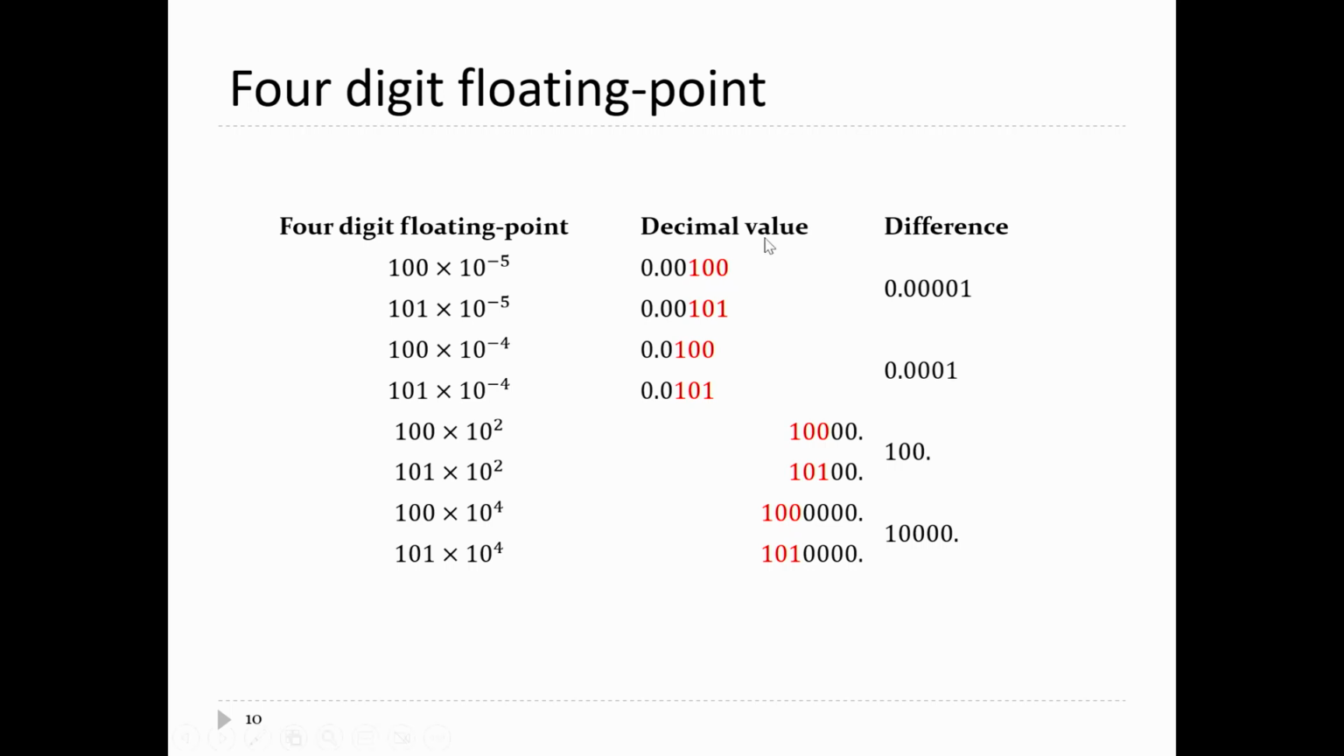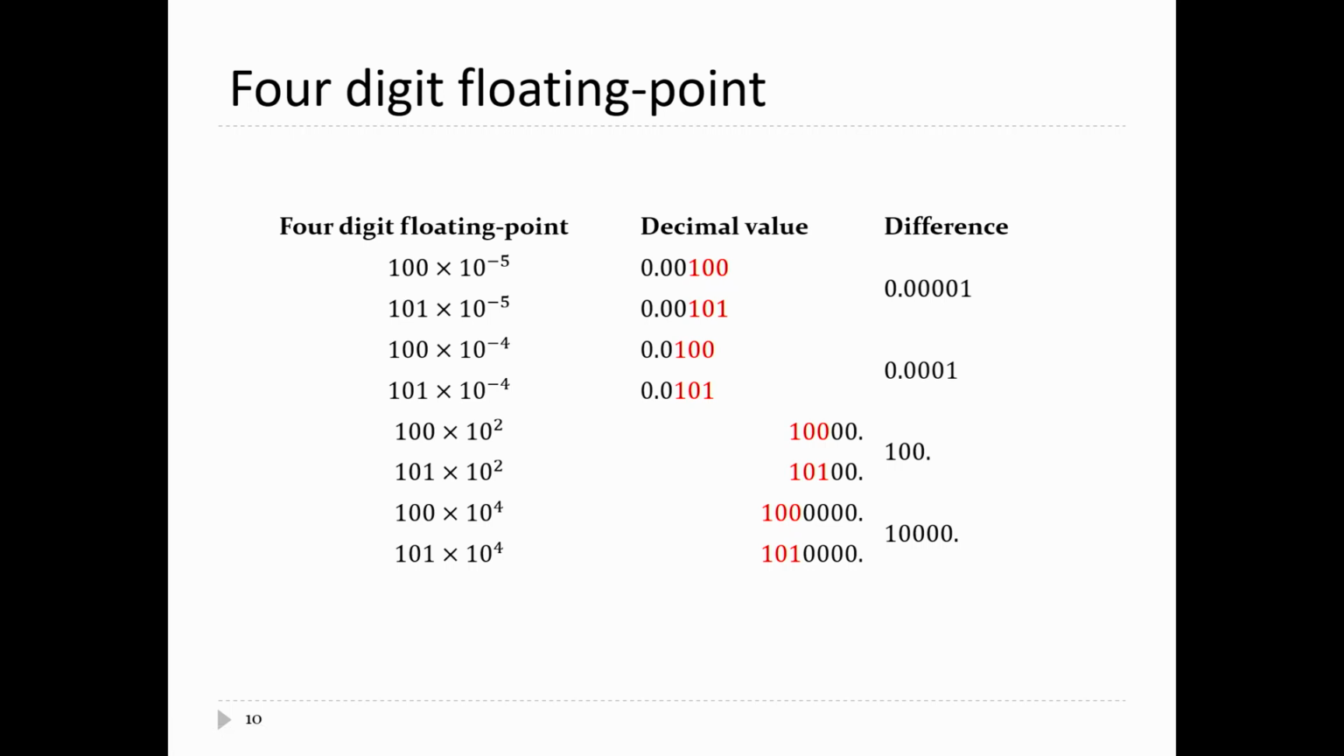Now, what's the difference between these two numbers? The spacing between adjacent numbers when the exponent is -5 is 0.00001. You just change the last digit in the significand by 1 and multiply it by the exponent. So the spacing between adjacent floating point numbers when the exponent is -5 is 1 times 10 to the -5. Now, if you keep on going, so 101, 102, up to 999,